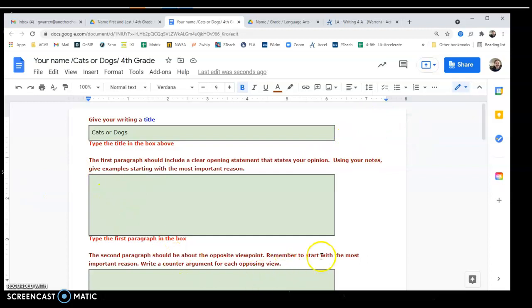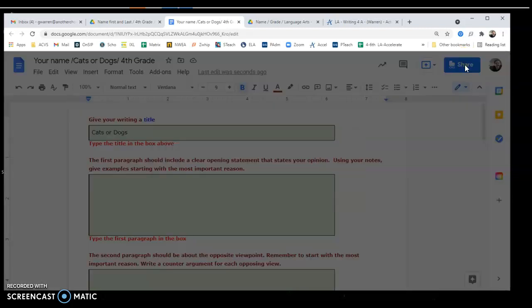After you filled this all out, I also recommend having a mom or dad read it so it makes sense to them. Oftentimes, if they'll just read it, they can just point out a few things that would make it even better. When you're ready to turn it in, the next step is right here where it says share, this big blue button. You go into this,